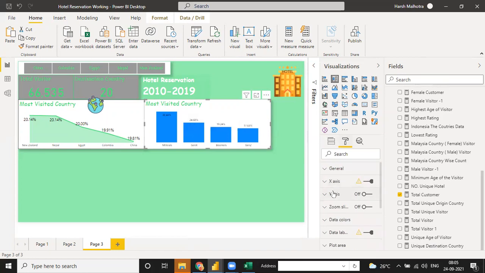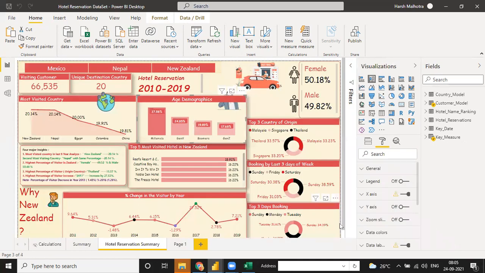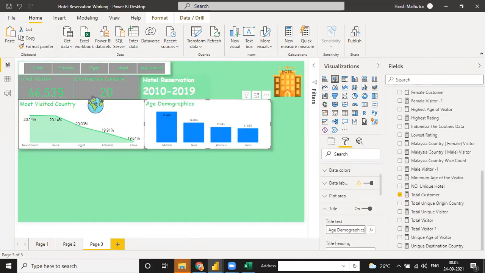I can just use a title here, change the title only. And also change the color.